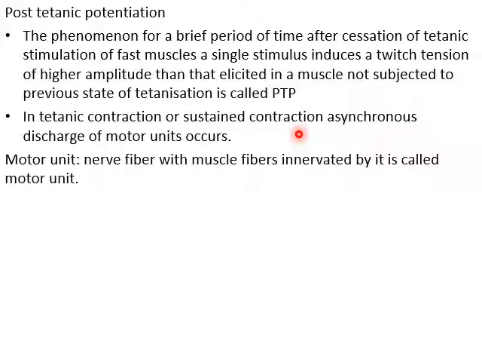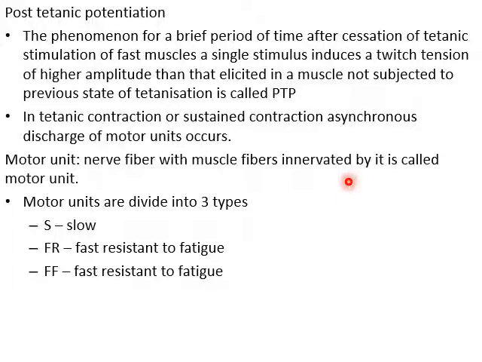Now what do you mean by this motor unit? Motor unit is a very simple term. You know the home motor, it has got a wire and a motor, a dynamo. In the same way, we have myosin, which acts as a molecular motor to which a nerve fiber, the electrical wire, is attached. So the nerve with its innervated muscle fibers is called a motor unit. By definition, a motor unit is a nerve fiber together with the muscle fibers innervated by it.